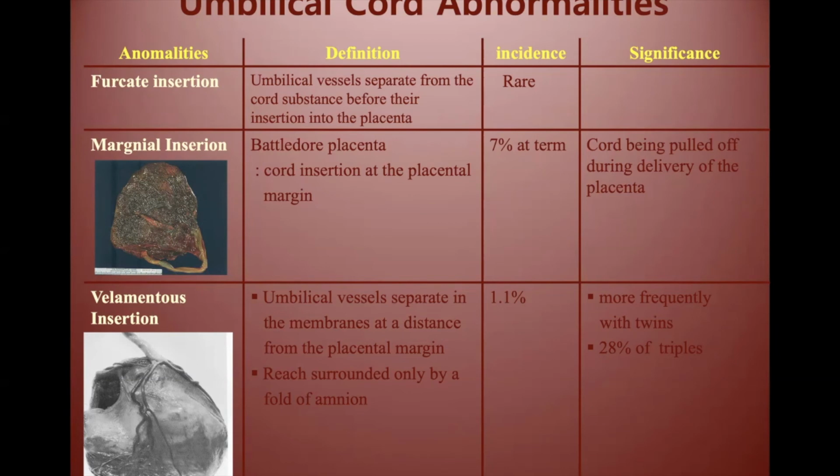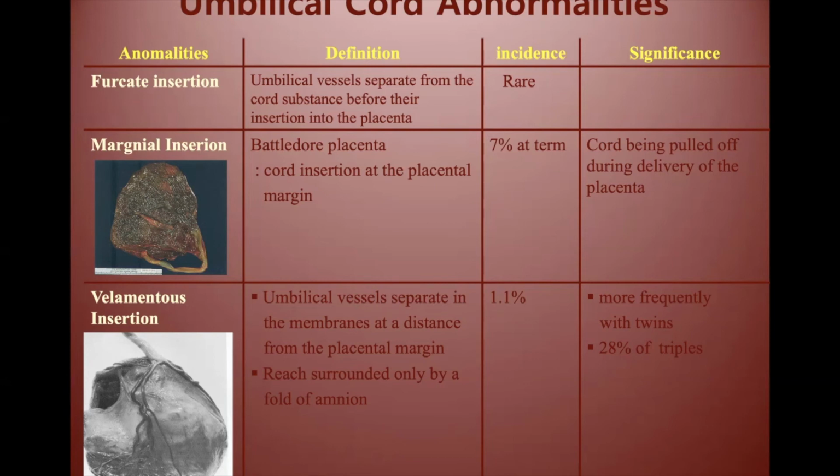As a result, vessels are vulnerable to compression, which may lead to fetal hypoperfusion or acidemia. The incidence of filamentous insertion is approximately 1%, but it is more commonly seen with placenta previa and multifetal